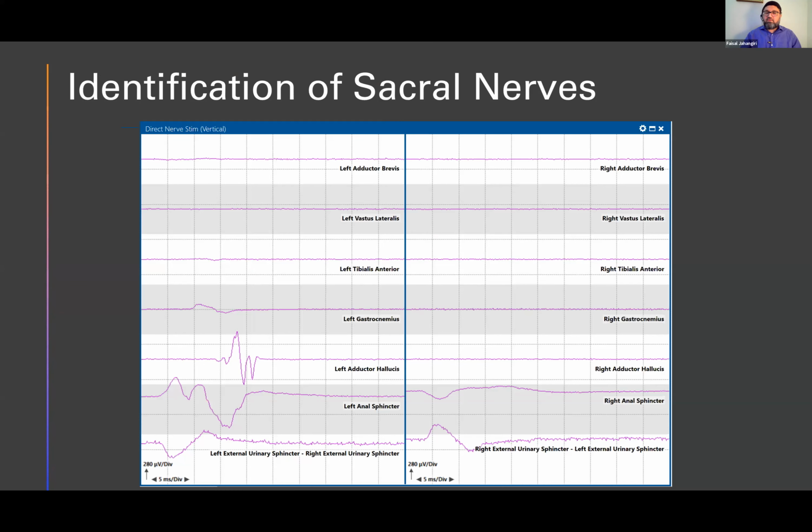But if you're monitoring spine surgeries or tethered cord, or cauda equina, it's very difficult to have one affected but not the other, because you are more proximal to the terminal branches. So they are independent of each other in pelvic floor surgeries, but at the cauda equina or higher level, they are more synchronous.